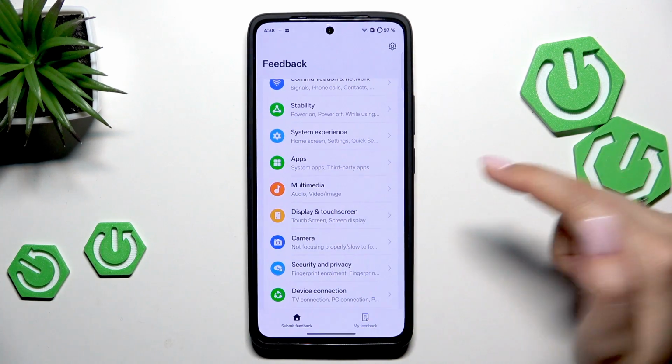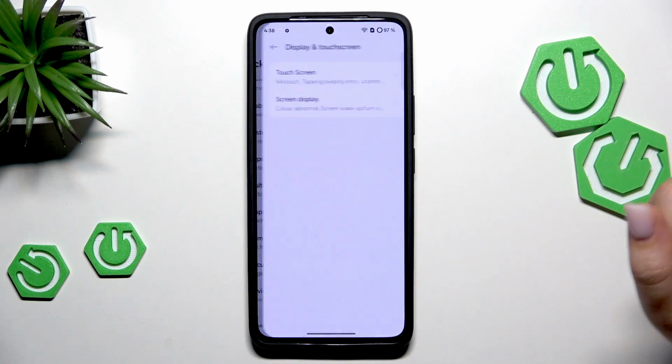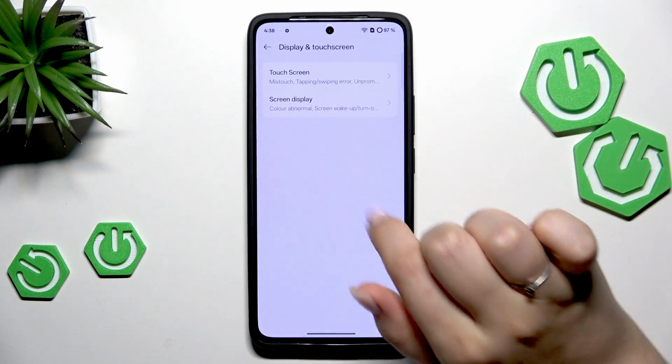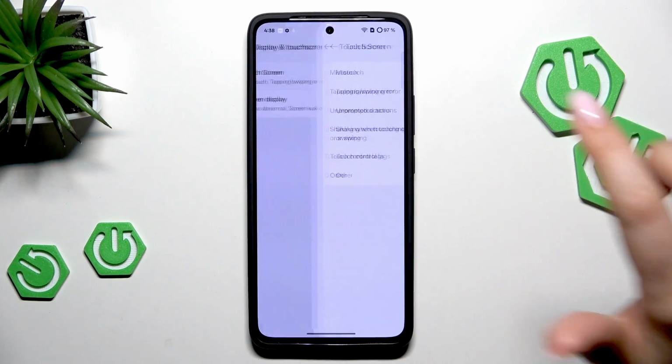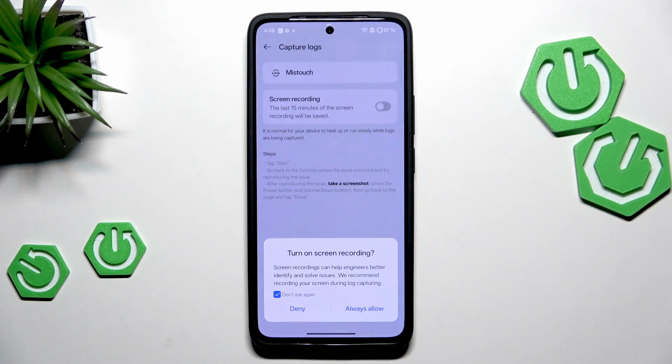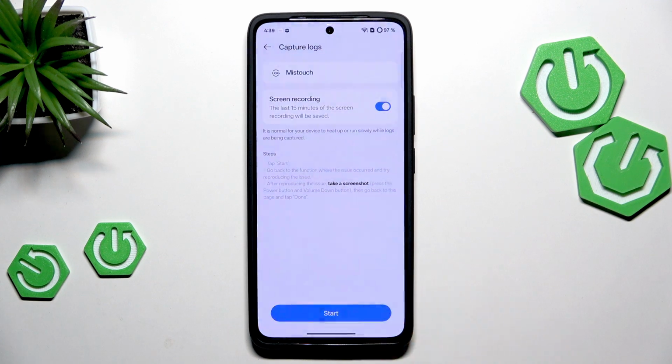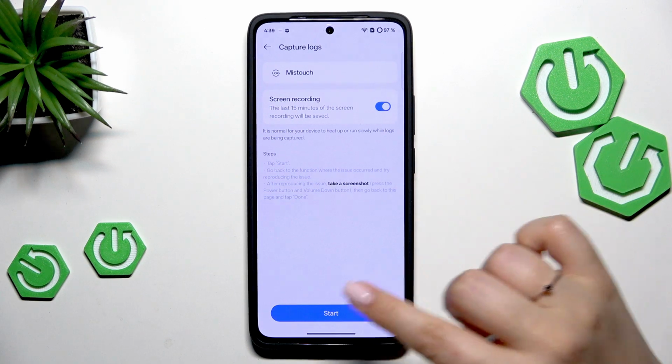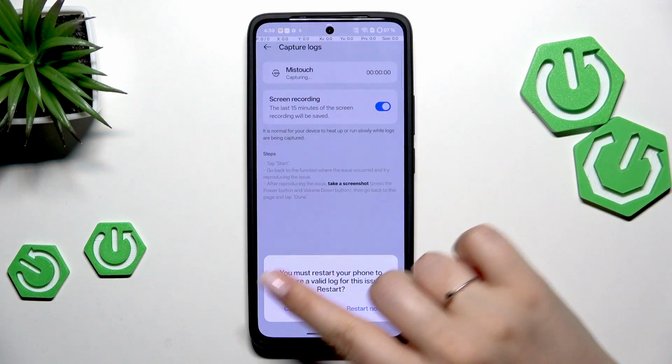So let's pretend I've got problems with my display, so just tap on it. Here we can choose specific categories, so for example maybe touch screen and maybe mistouch. I highly recommend to turn on the screen recording, thanks to which you will be able to actually record the problem, show the problem to the developers by recording everything. So all you have to do is to simply tap on start, and actually before